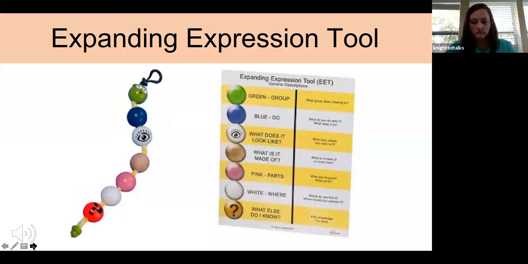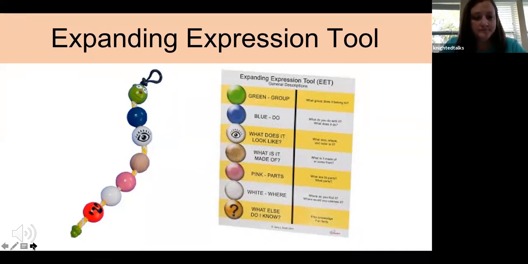Whenever you have a second, I would suggest that you look up the Expanding Expression tool. It is a specific program that would need to be purchased. However, of course, many teachers have been creative with it and have looked into making their own versions of this that meets their children's needs. I love this because if you look on the left and you see that thick rope,